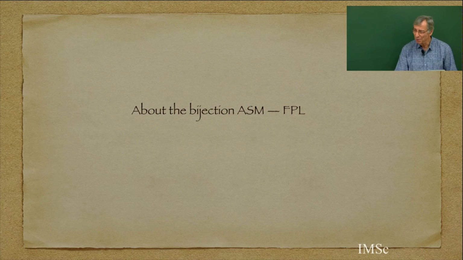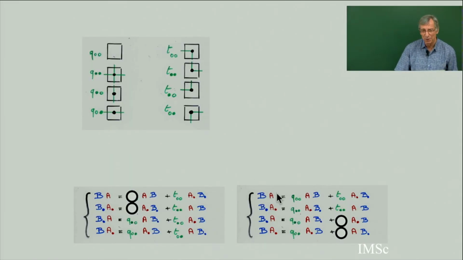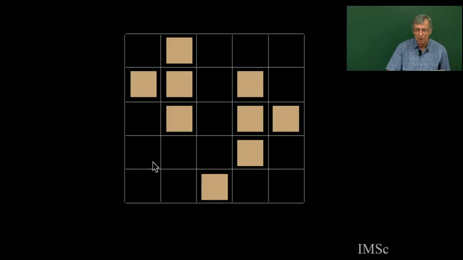So let's make some comments about this bijection. How to get it from the quadratic algebra? How to go from the complete tableau associated to this quadratic algebra to the complete tableau associated to this one, where now the boundary conditions are not the same? Because for ASM, I have BBB, AAA with BB point, B point, B point, A point. But for the FPL, I have some alternating condition. So where does it come from? Try to get some general principle to understand how this bijection works.